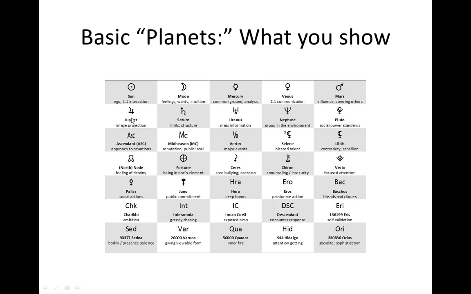Jupiter, you project your image. With Saturn, you project structure, or you have it projected on you. This is limits and boundaries and boxes that the world puts you in. So the labels that people assign to you,